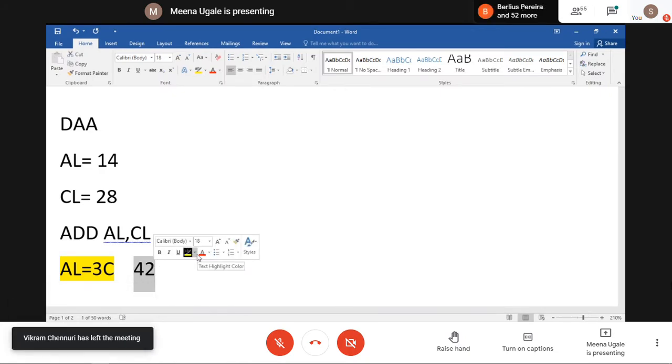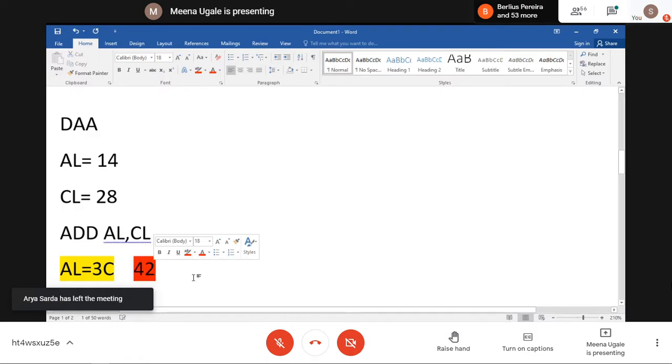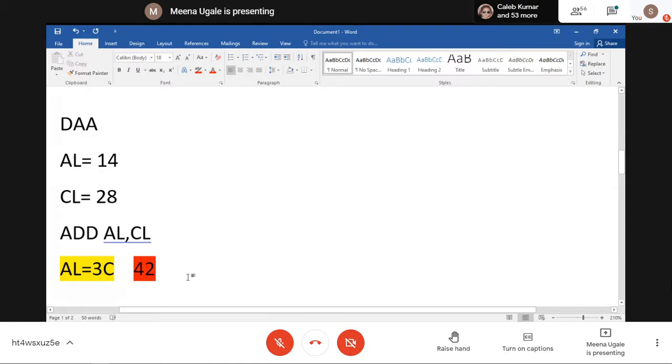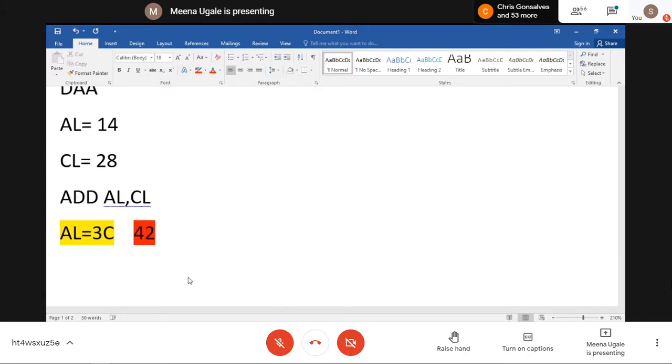I hope you are understanding this. So what is going to happen in this case? Normal addition is going to give you your answer in hexadecimal, but our interest is we want the value in BCD format. So I am just going to write the instruction DAA after my addition instruction. This highlighted part is just a comment. This is not part of the program. We are considering some data here. So I'm going to write the DAA instruction.